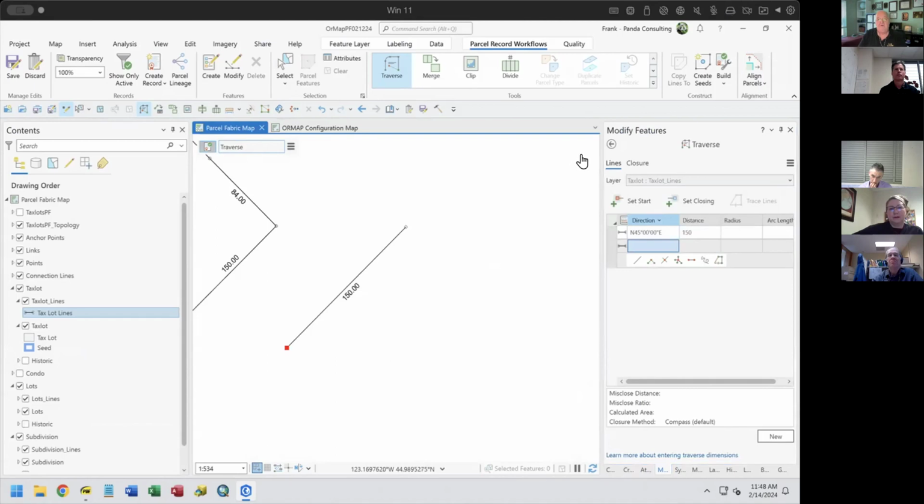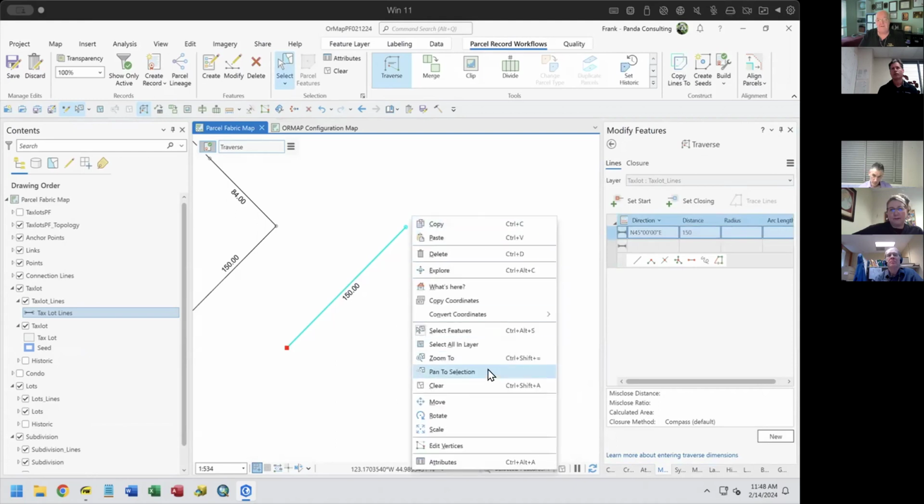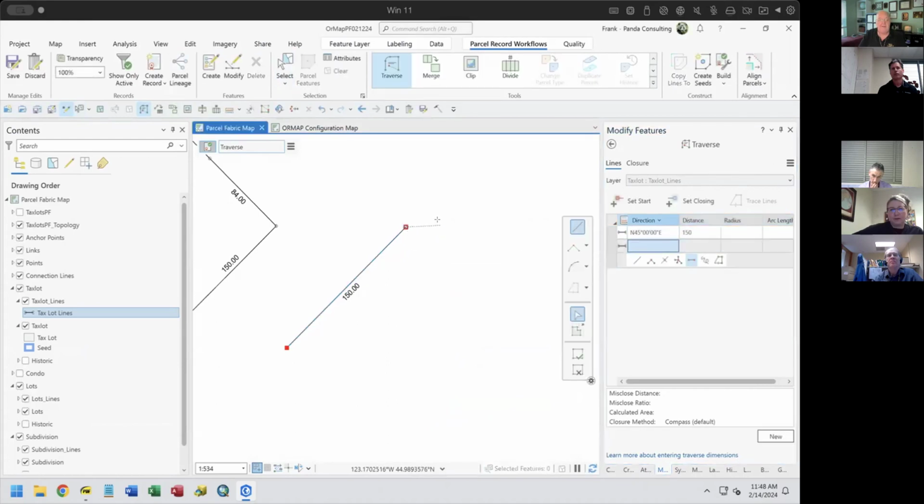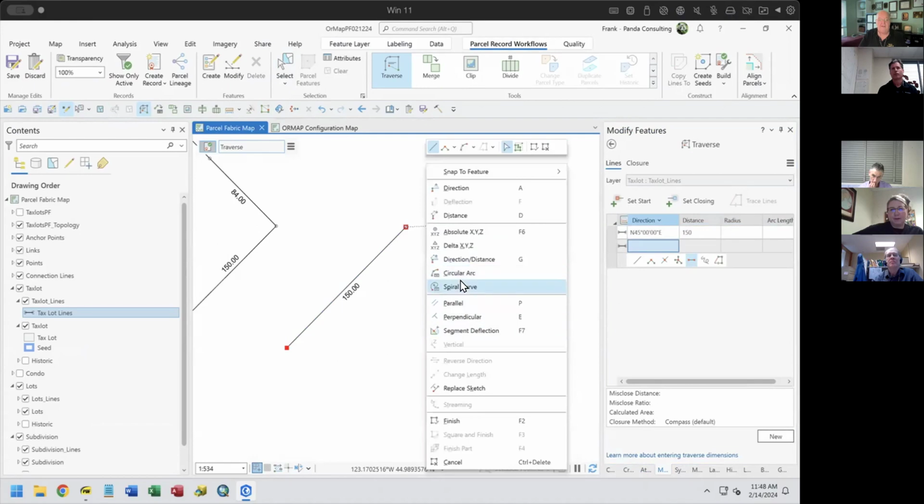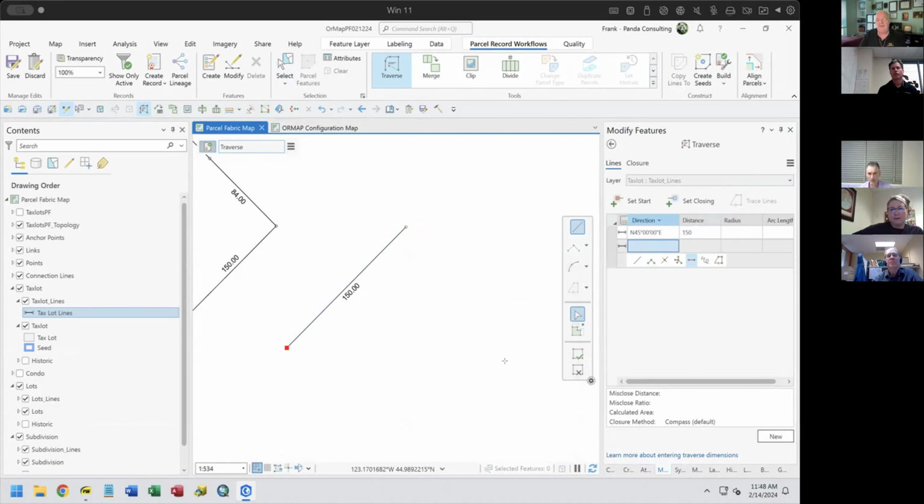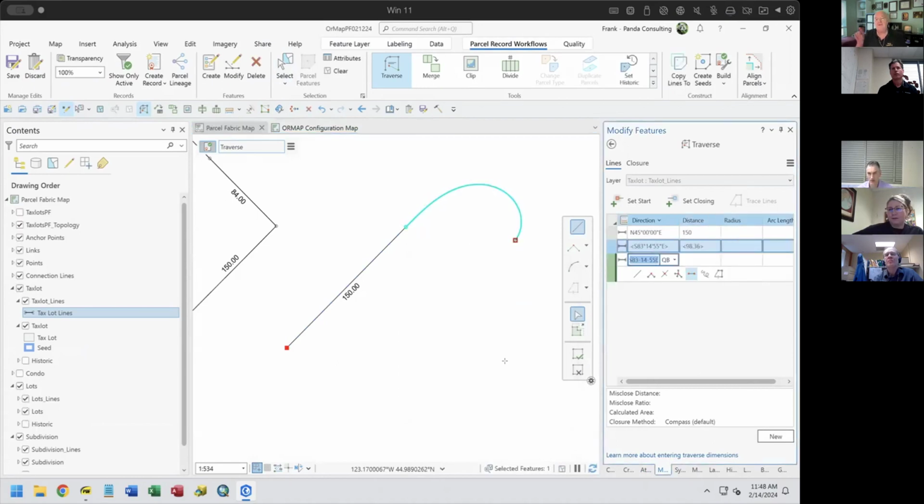So if now I decide I want to right click and take this and draw a spiral curve. All right. Watch when I hit enter in here, it actually stores them over here, captures those values